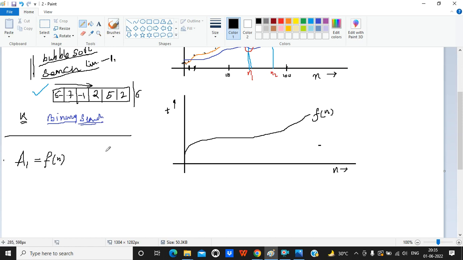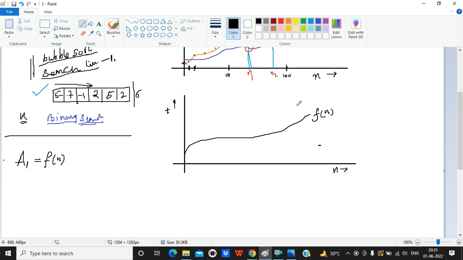We are trying to analyze this a1 algorithm. So if I plot this f(n) in this graph, and if somehow I can bound this graph,